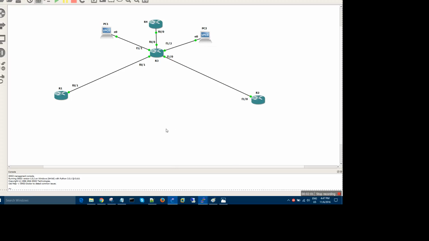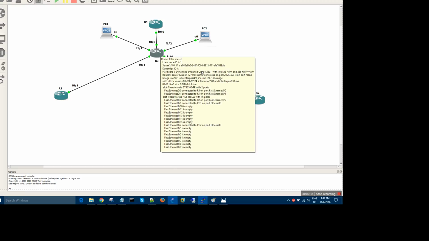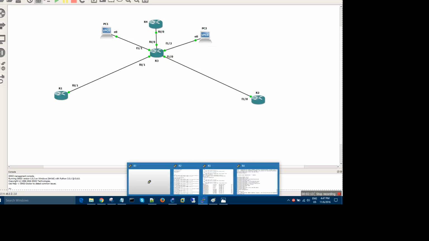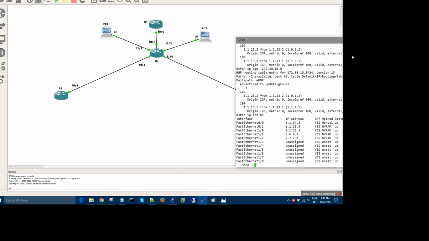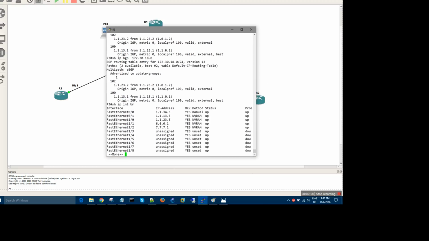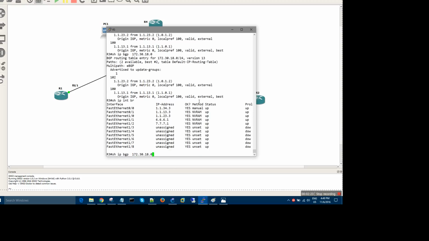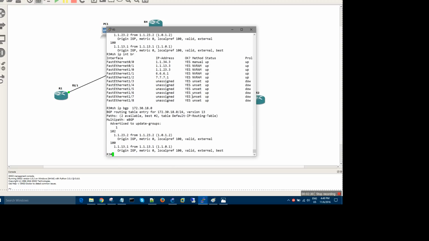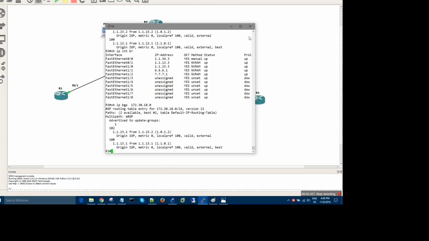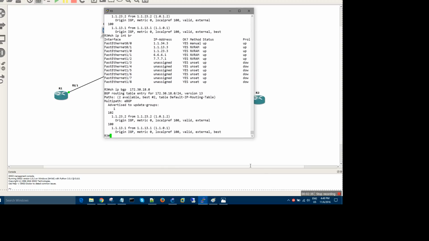Sorry, the AS is not straight. I took some previous lab. So they are advertising the same prefix. Router 3 is making the decision, and based on that it is putting it in the routing table. Now we will remain on router 3 for the prefix. This particular prefix is being advertised by both the routers from their loopback, and right now router 3 is keeping